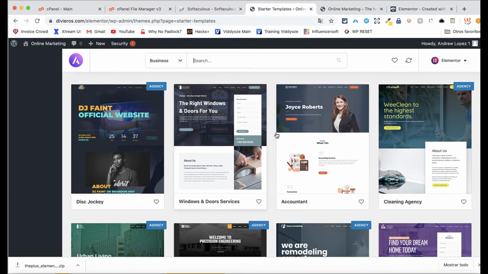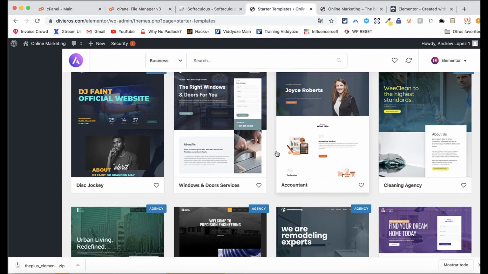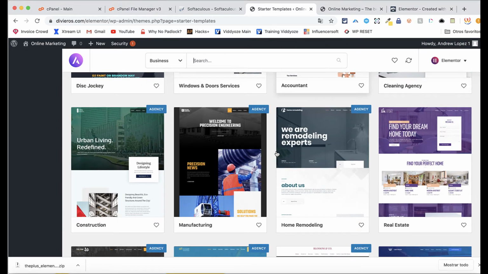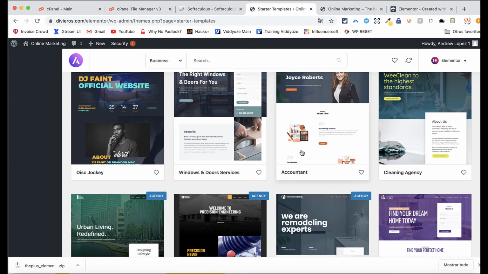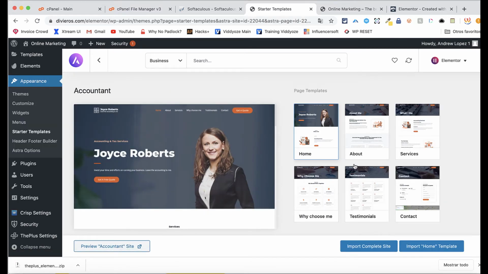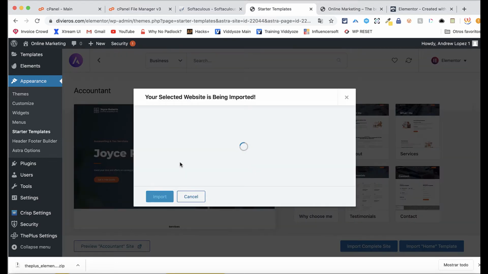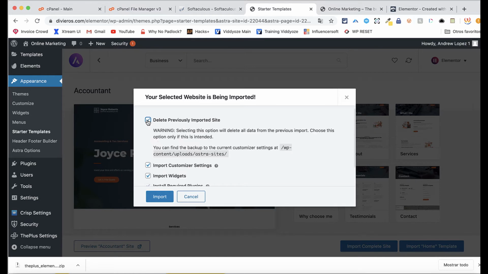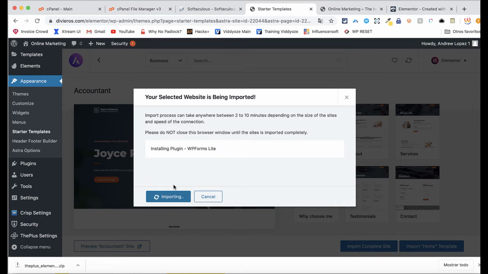Okay, so what you can do is pretty much just grab any of these demos and implement it according to your needs. It doesn't need to be a specific one. Instead, let's take a look at this one. All right, actually, let's work on this one. So let's import everything. Let's delete any leftovers from the previous theme that we had